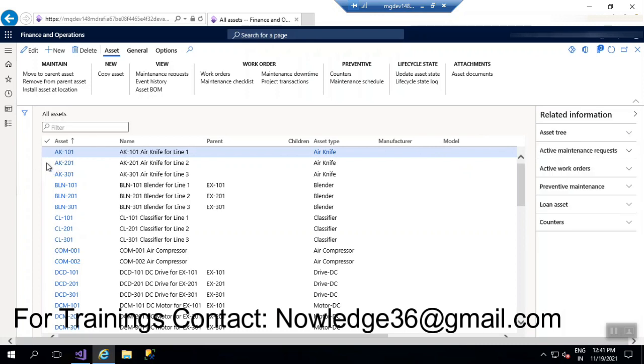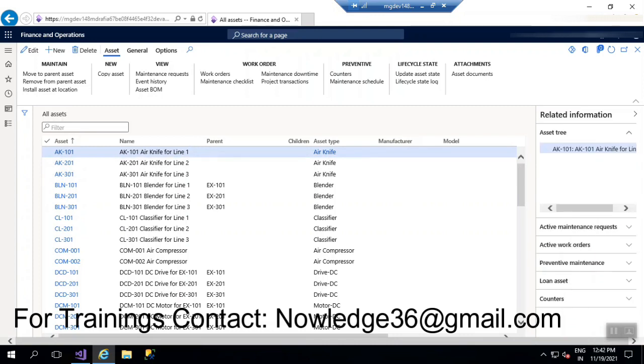For example, if I select AK201, let me select AK201. Now let's check the asset tree. Okay, this is not selecting. Let me just select AK301.